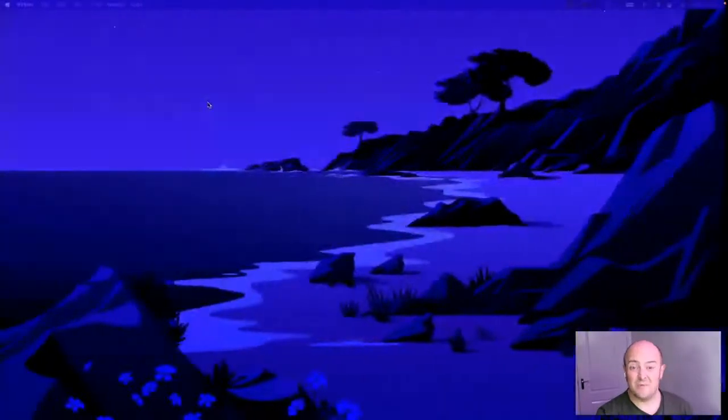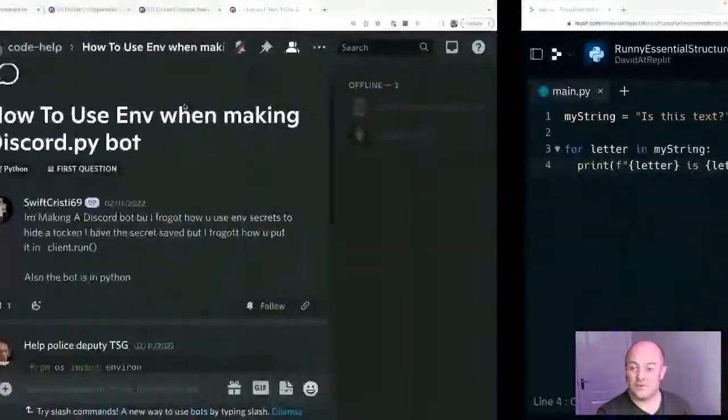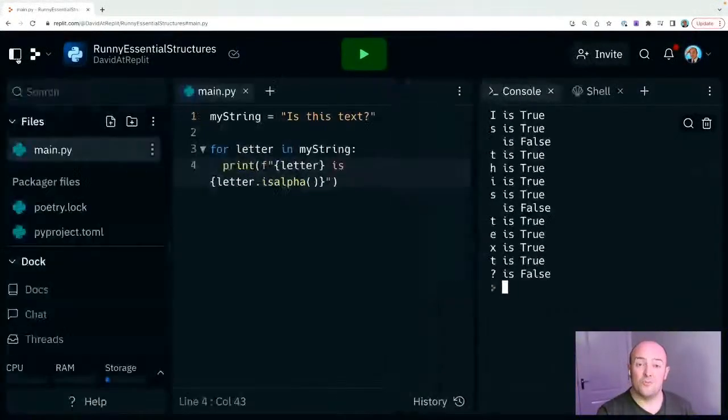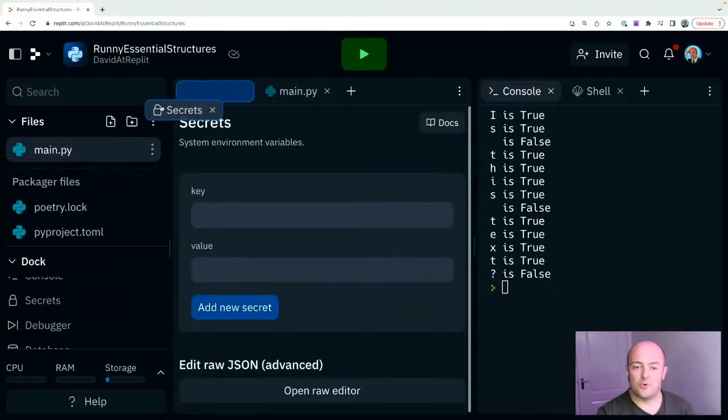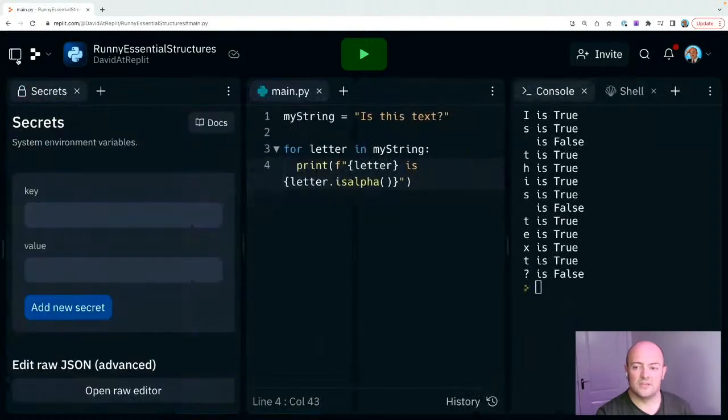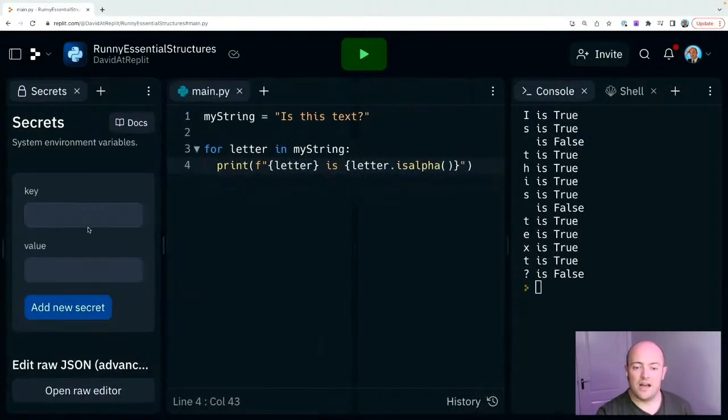You don't even need to really remember anything, because all you really need to do, where is my Replit window gone? Here we go. All you really need to do is bring up the new sidebar, scroll down and look for secrets. And I'm actually going to bring that over here. There we go. So I can set the key and the value of my secret. Remember, these work a little bit like dictionaries. Dictionaries in Python or other languages have a key name and a key value. So I can set something like my password is a baldy one, because of course it would be if I can spell.